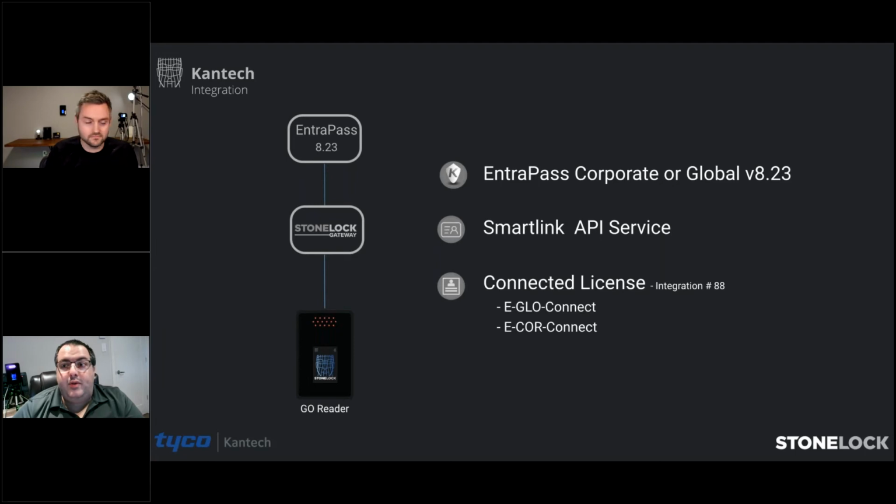Oh, there you go. So what's required, right? It does require EntraPass Corporate Edition or Global Edition, right? And it does require EntraPass 8.23. Remember I was telling you guys about those developer keys? Well, developer keys are added in EntraPass as we go along. And for security purposes, we don't have like 1,000 of them just lying around. We add them as we need them. So StoneLock's developer key goes forward with 8.23. So if you have a slightly older version of EntraPass, simply upgrade to 8.23, and you'll have the ability of